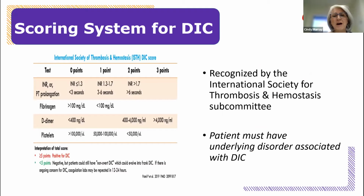So, you know, I find the longer I've been in nursing and medicine, people always want more definitive tests to confirm a diagnosis. It just doesn't seem to be enough anymore to have a really big clinical suspicion. So they're always trying to come up with tests that can definitively say that a patient has something or not. So there has been a scoring system developed to identify DIC or to diagnose DIC. It's been recognized by the International Society for Thrombosis and Hemostasis. One of the caveats for using this scoring tool is that the patient must have an underlying disorder that's associated with DIC. And what this scoring system involves is looking at those blood tests that you see on the slide here,